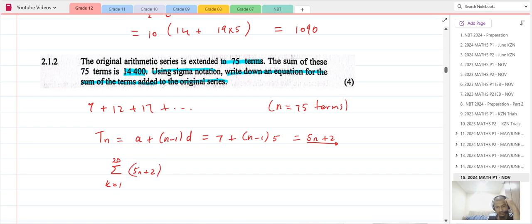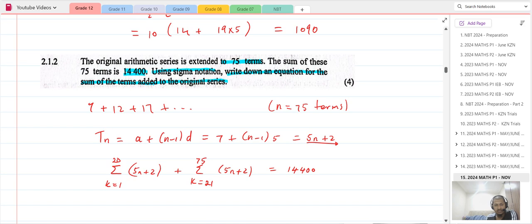That was the original sum, plus I'm adding another, k equals 21 to 75. I'm adding another 55 terms of 5n plus 2, and the sum is equal to